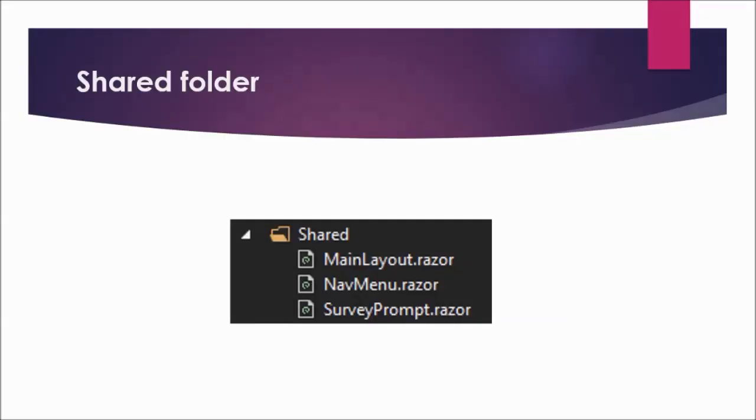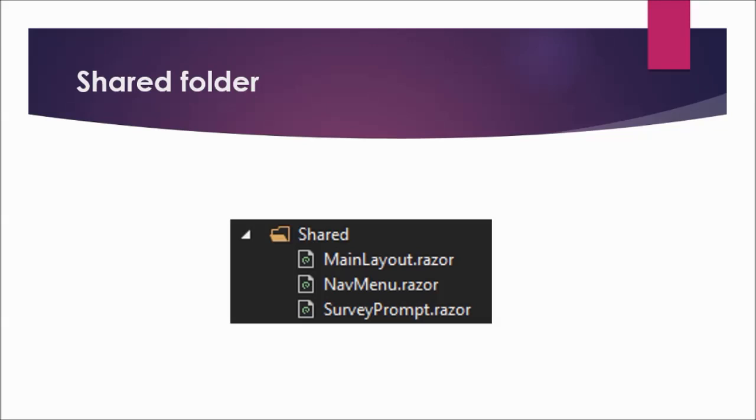Shared folder. This folder exists in both the Blazor WebAssembly project as well as the Blazor server project. As the name implies, it contains the shared components. MainLayout.razor is the application's main layout component. NavMenu.razor implements the navigation menu on the sidebar.